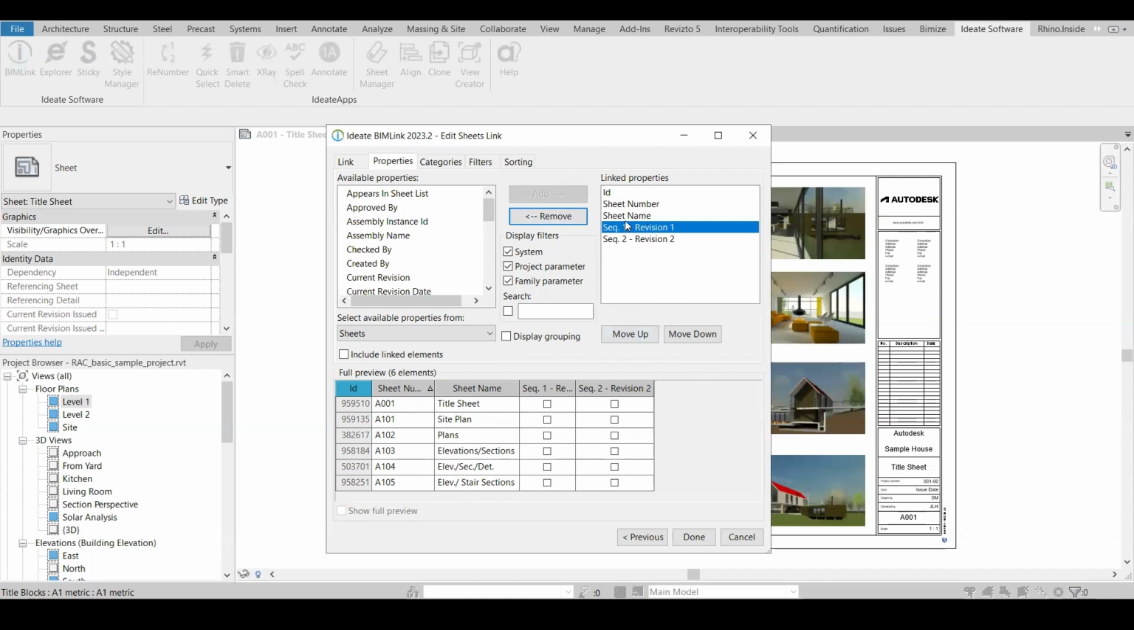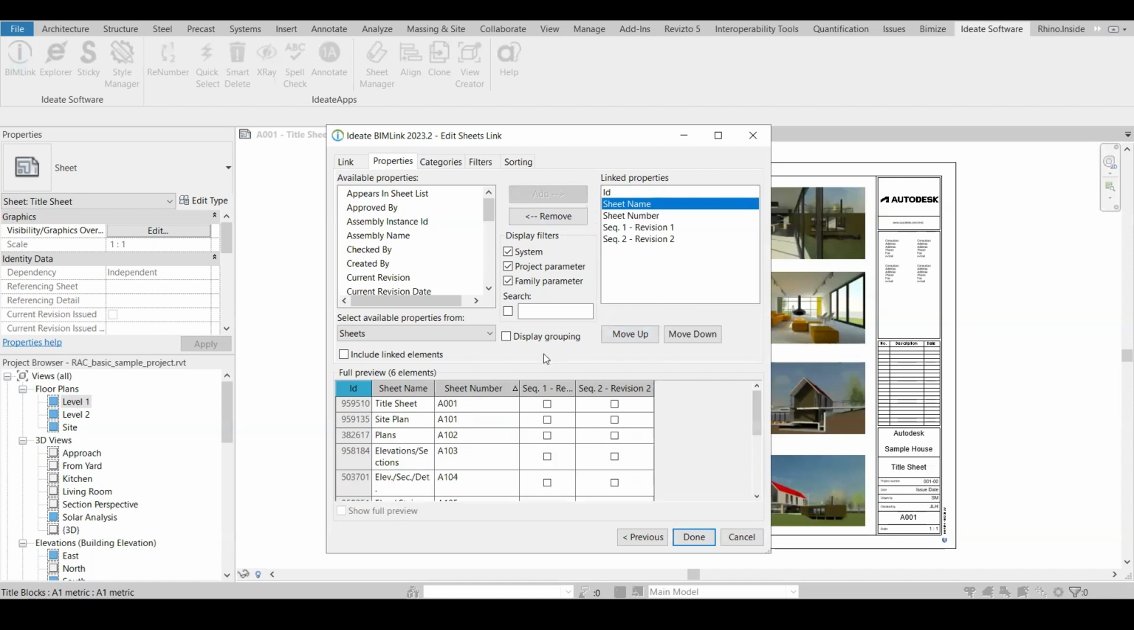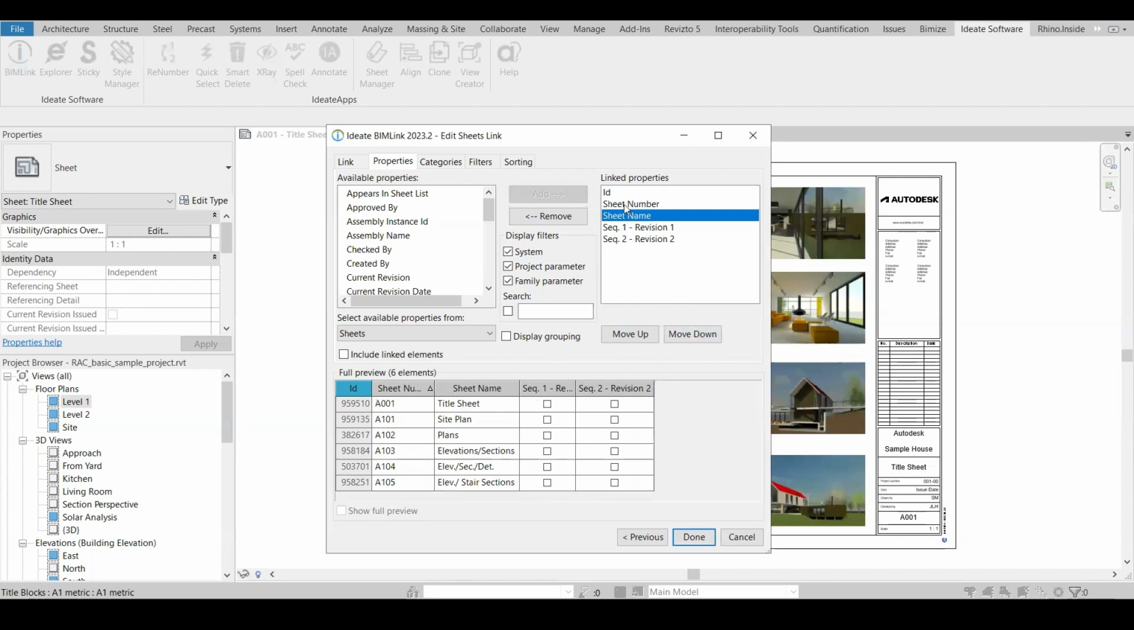You might see you can move up and down. So say you want the sheet name before the sheet number, you can click on that. You can click move up, and it will move over there in the format as well. So this is reading top to bottom from left to right. But I want that under the sheet number, so I'm going to go back. Okay, so now that we have all the linked properties that we want for the Revit project,